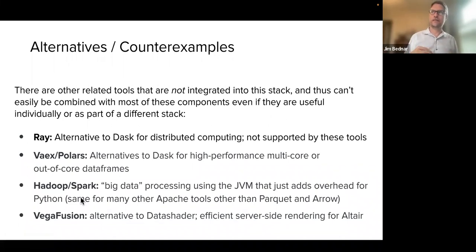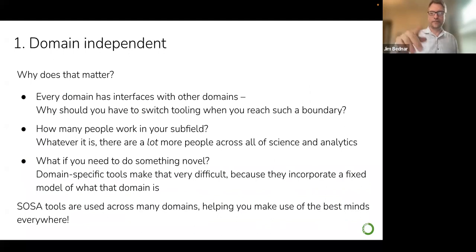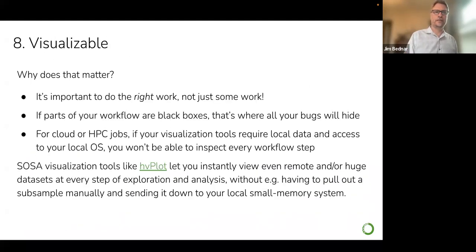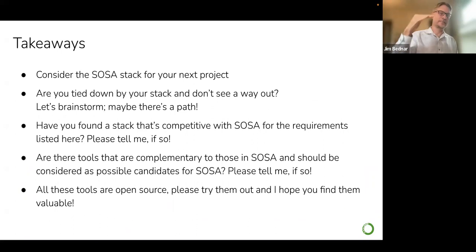That's all JVM-based, Java Virtual Machine-based, really very different from the sort of work that we're doing here. It's just not built around the fundamental numerical abstractions that these tools are using, other than a couple of things like Parquet and Arrow, which are really important members of this stack too. But then there are tons of other Apache tools. Most of them, if you put them in here, it's going to slow everything down. It's not going to be a good idea. All right, and then the rest, you can scroll through in your own time. It'll break down each of those things. And if you're not convinced why those are important, I try to convince you in those slides. So download that. And then the last bit is